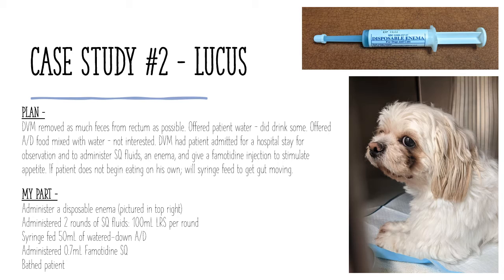The DVM had the patient admitted for a hospital stay for observation and to administer subcutaneous fluids, an enema, and give a famotidine injection to stimulate appetite. If the patient did not begin eating on his own, the plan was to syringe feed him some of the AD food in order to get his gut moving. After administering the enema,